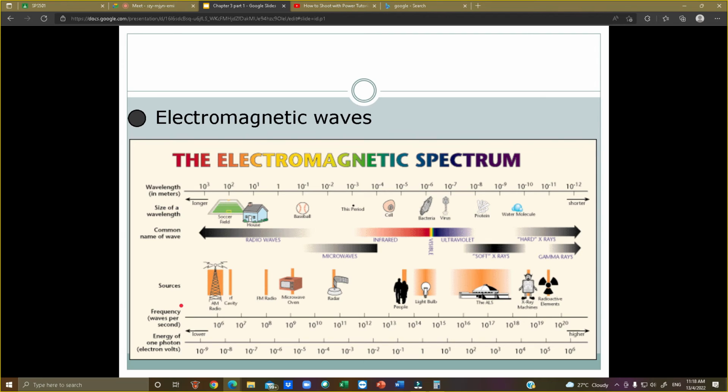Okay, however, bila wavelength panjang, selalunya penetration dia rendah. The expansion rate is less. Most of it is going to be expand wave. Dia bukan compress wave. Okay, jadi bila dia expand wave, dia langgar dinding, dia langgar apa, dia tak boleh tembus. That is the difference between this part and this part.